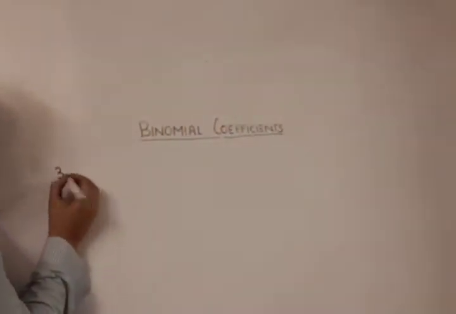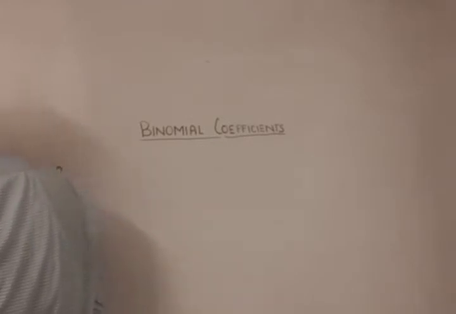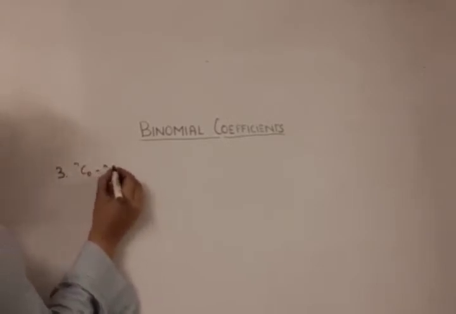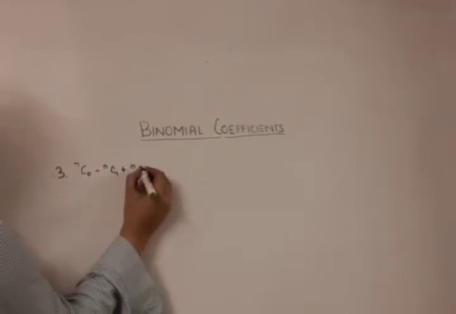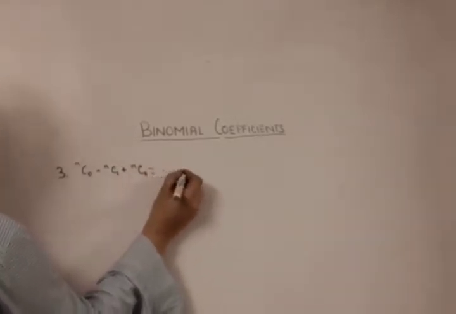Okay, so I hope you all have tried this proof. Now, I hope you have guessed it correctly. So now I will state 2 or 3 more properties without the proof, which you can try to prove in the way I have told. So please do prove these properties. These properties say that nC0 minus nC1 plus nC2 minus, and so on, is